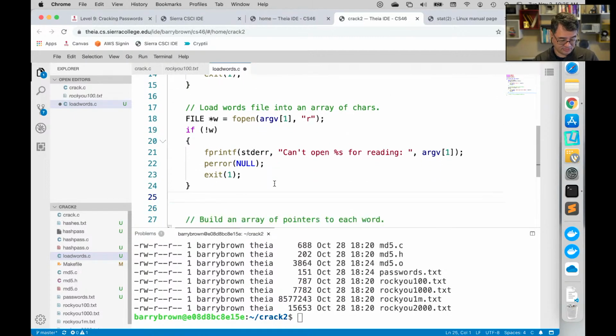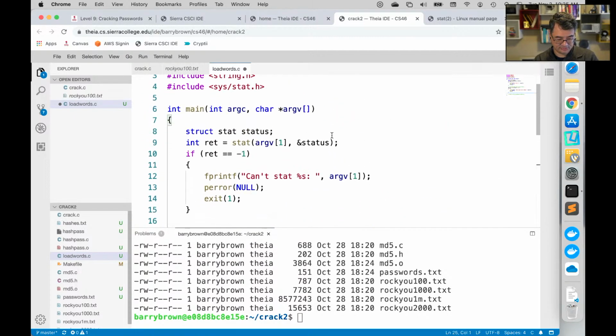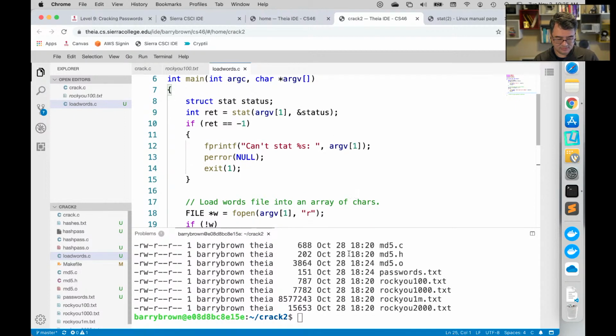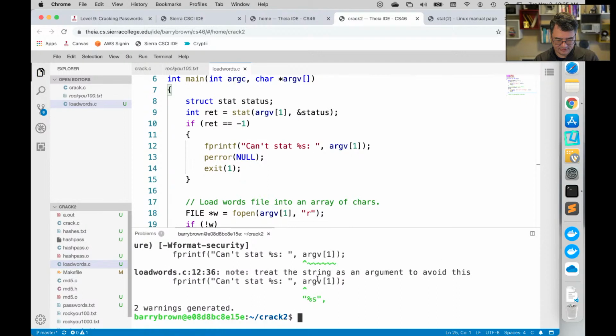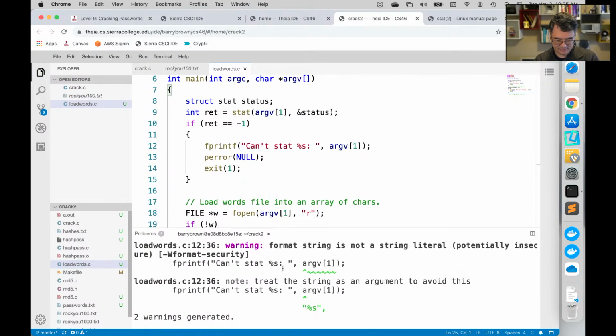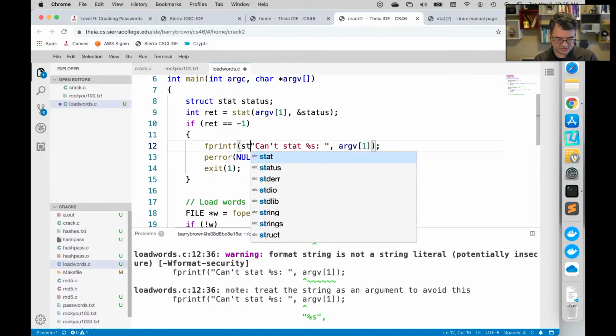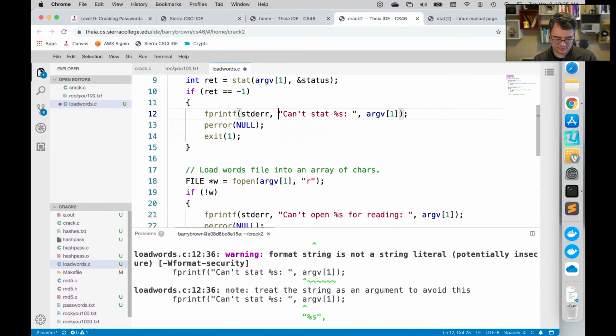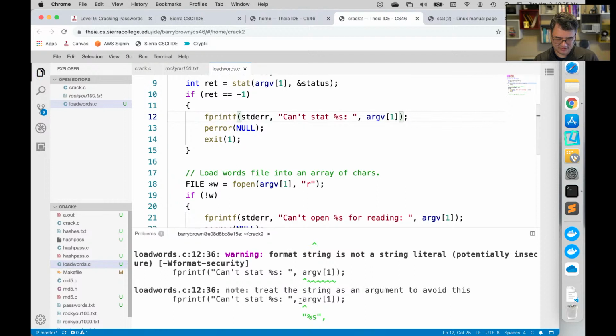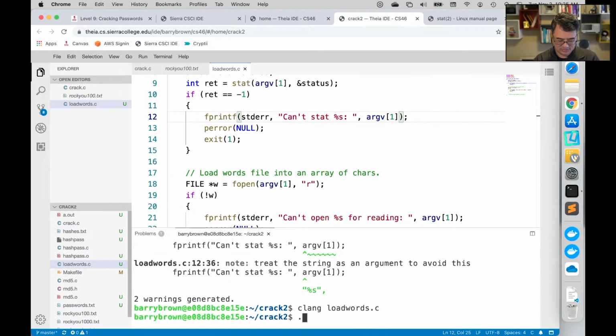I'd be interested in compiling this program at this point and seeing what happens. Let's go clang, load words. Oh, format is not a string. Oh, I had to put stderr on here. I always do that with fprintf. I forgot to put stderr in front. There we go. So loadwords.c, and let's put in something like rocku100.txt.